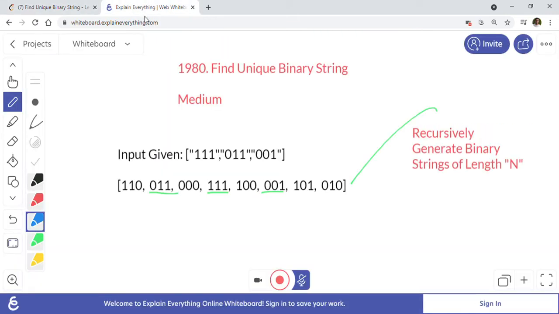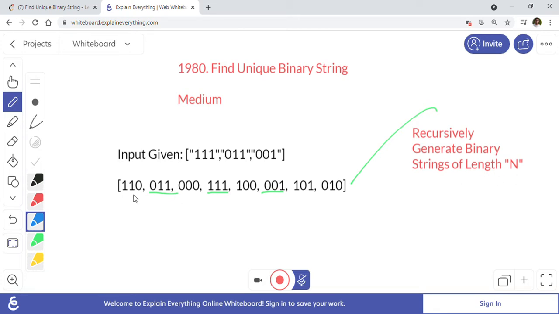They have given us three binary strings of length 3: 111, 011 and 001, and we have to find any remaining binary string of length 3 which is not in our given input set. How we are going to do this is we are going to generate all the binary strings of length n, in this case length 3.